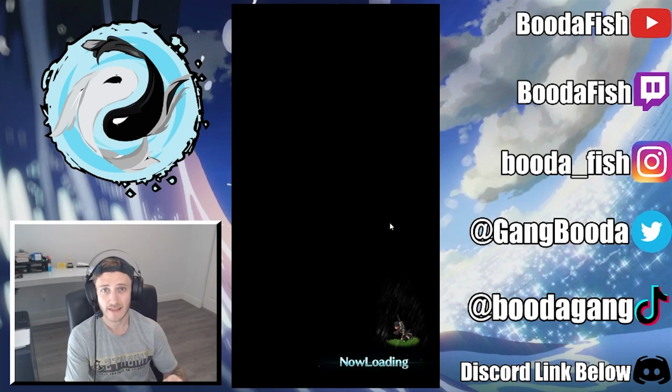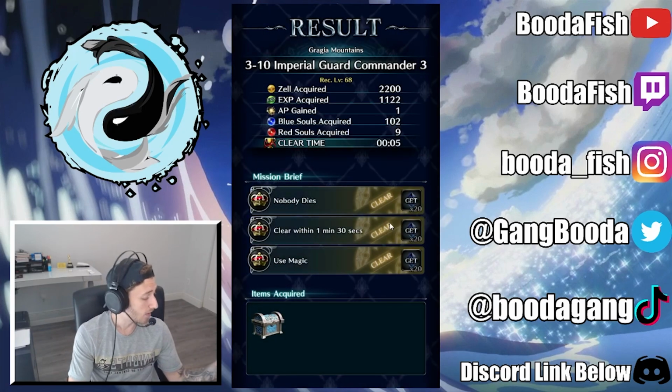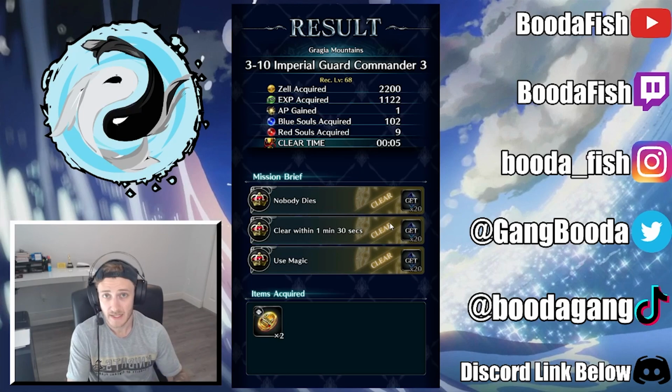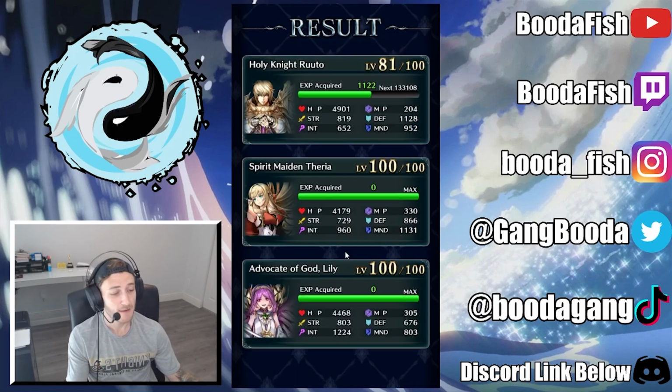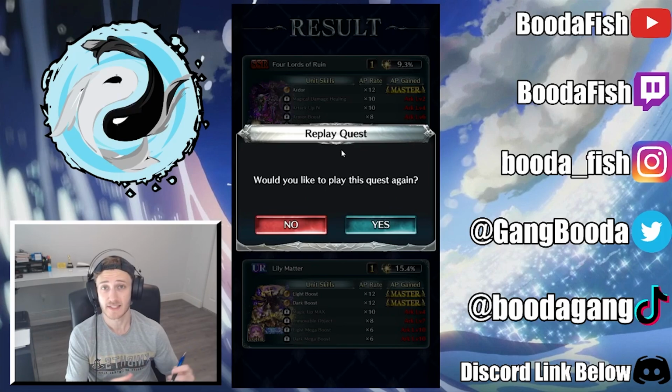Over time, that becomes very significant. You clear the stage 10 times. At 50-something seconds, you're looking at about a minute. So 10 minutes, you've got 22,000 Zell. If you go 100 minutes, you're looking at 220,000 Zell. And if you keep doing that math upwards into the multiple hours, you realize how you can accumulate Zell very